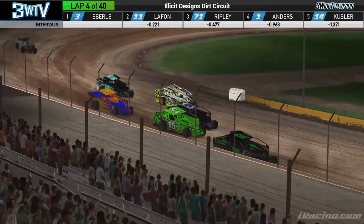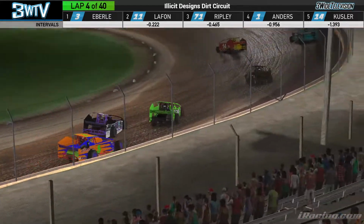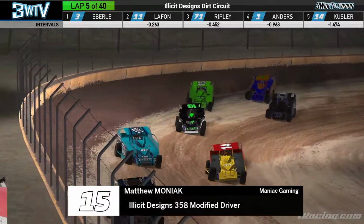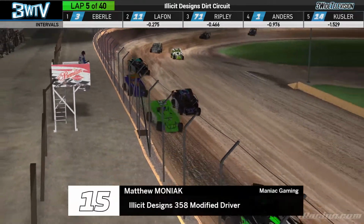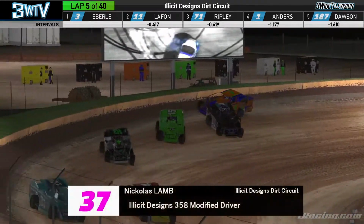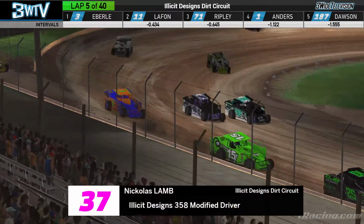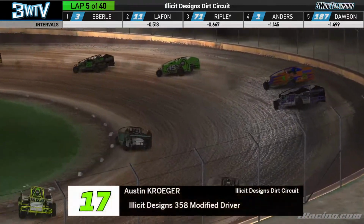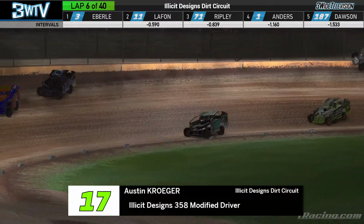Look at this battle. Matthew Moniak, the number 15 machine, is locked in a battle with Jeremy Parker. We saw Parker in that black, purple, and blue machine have some problems in his heat earlier on. Nicholas Lamb back behind him. Oh, contact between Nicholas Lamb and contact again. The 17 down there, Austin Kroger, he's going to be one of those drivers to watch out for, I think,